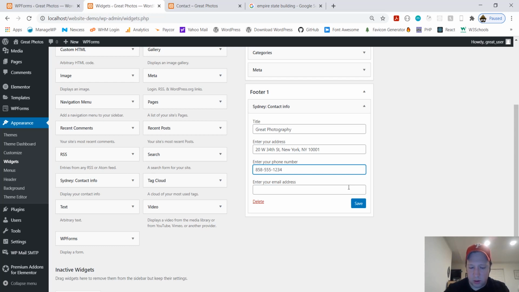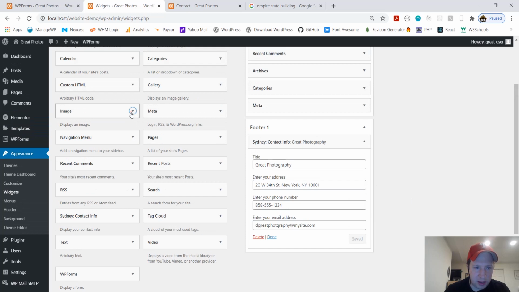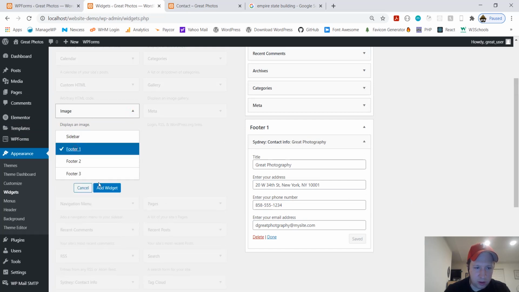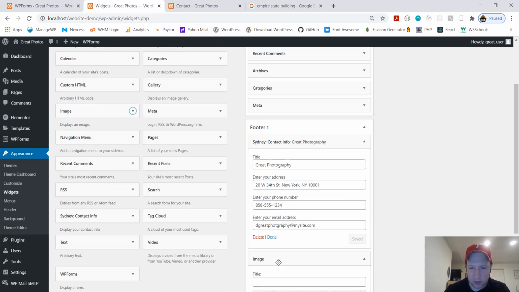Email address is great, photography at mysite.com. Save that baby. You can add an image. Again, these are fun actually. These are all click and drag as well.